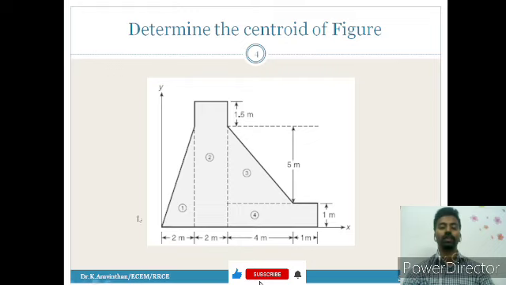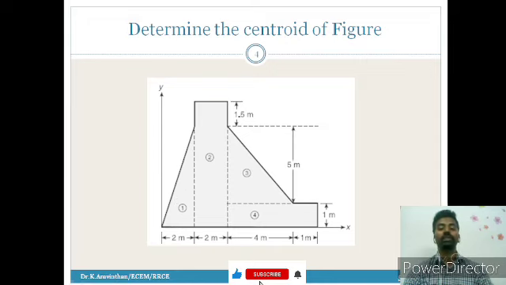So you can see a dotted line here. In order to split it into a definite shape, we can extend the line here, that is a dotted line, and if you make it into a dotted line here, you can see a right angle triangle and a rectangle. Another third part is a right angle triangle, and fourth one is a rectangle. So by these four parts the dam is being built up. So this is a built up section.